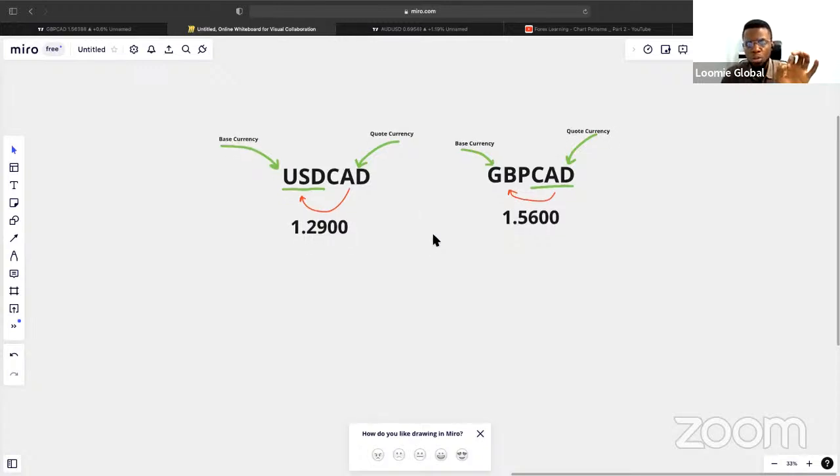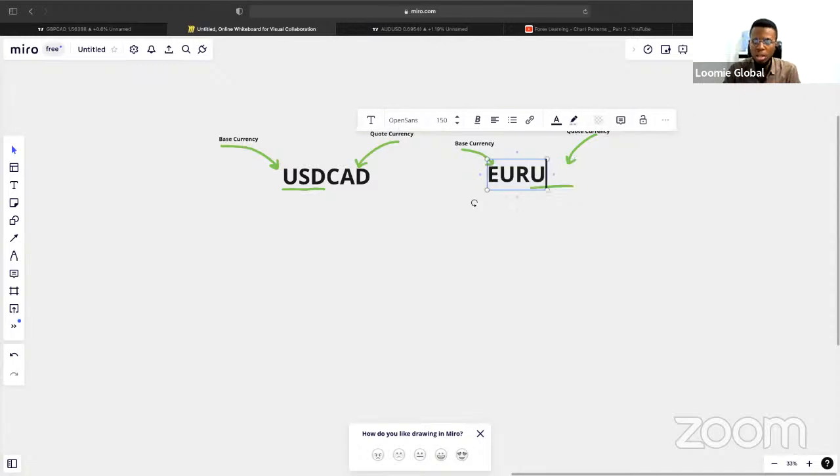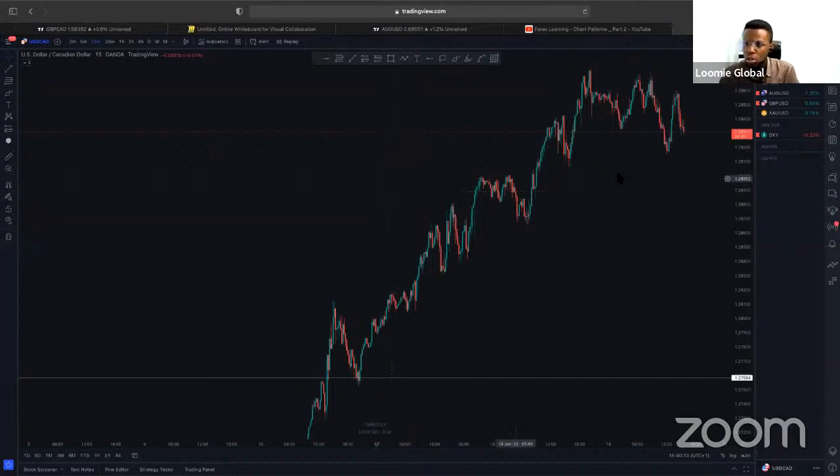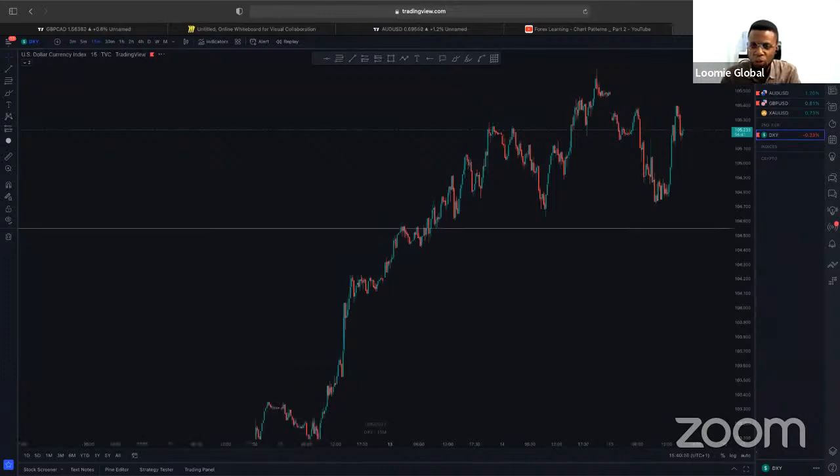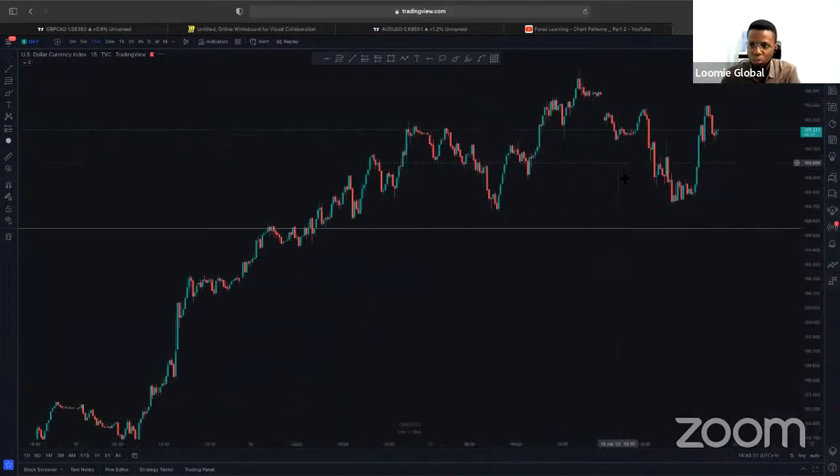Okay, so what I wanted to explain to you basically was the relationship between DXY and currency pairs, not just all currency pairs, but particularly USD currency pairs. So I'd explained that we have our base currency and we have our quote currency. In that example, what I put here was Euro USD. And so the DXY basically gives us the performance of the dollar against other currencies, right? The DXY is the dollar index. So let me go to DXY. Don't overcomplicate your trading with stuff like this at this point in time, right? It's nothing to be concerned about.